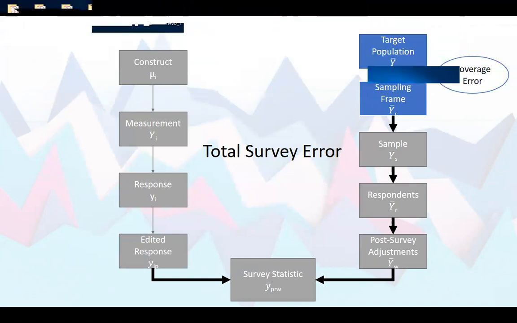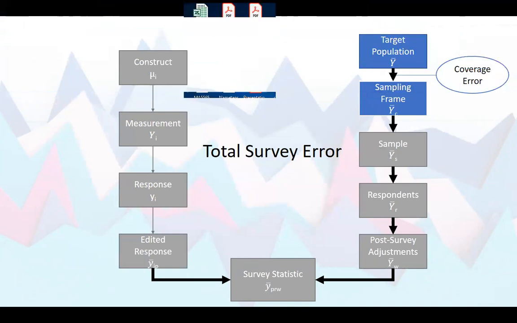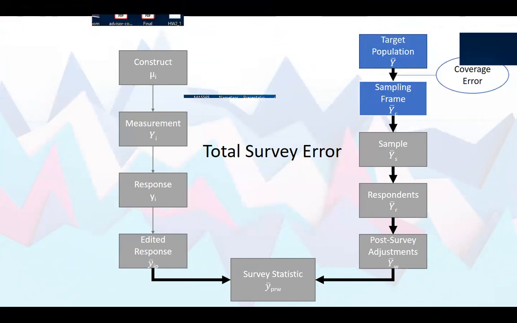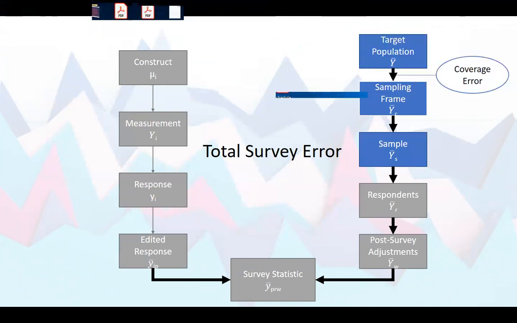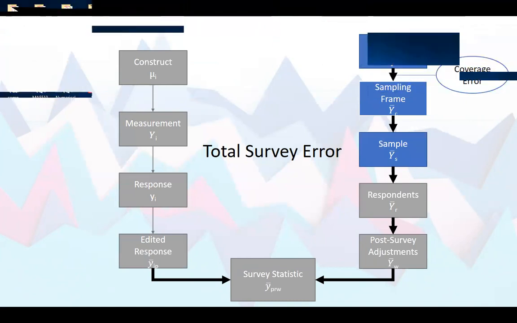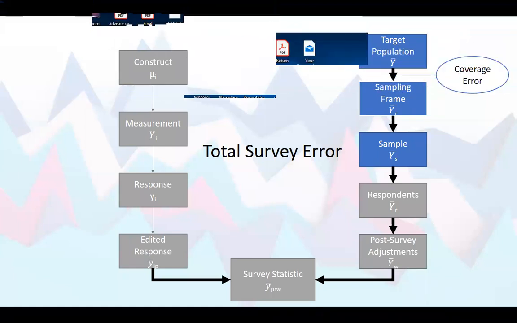So coverage error is what we call that, and that's the stage between going from a target population to a sample frame to put you in the position to do the sampling. So once you have that list, or you have a substitute for the list, the best thing to do is to randomly select elements off of that list